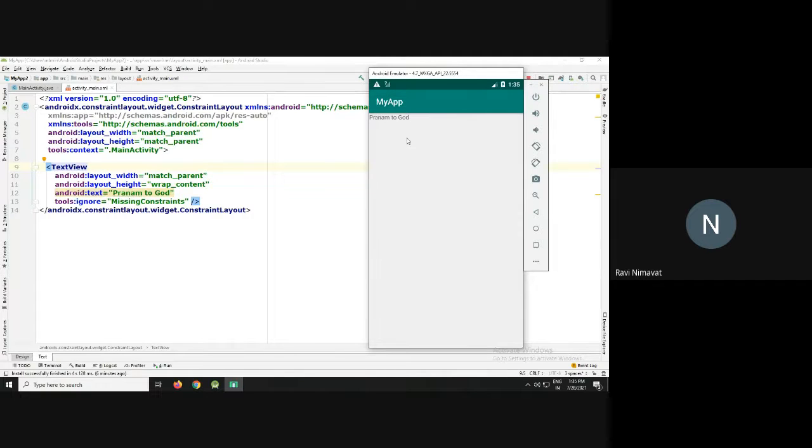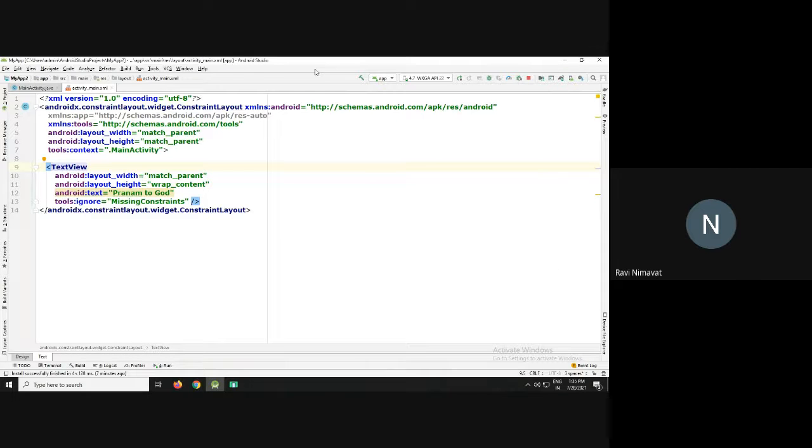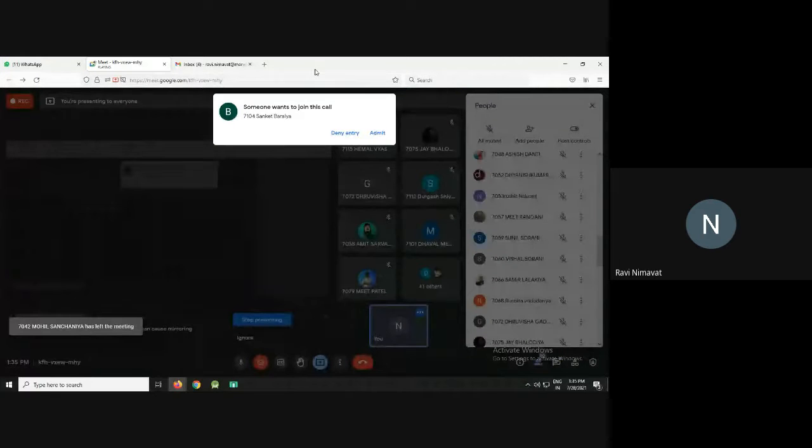Ready? Each layout has its own specific pattern for arranging the UI. So our parent UI is the layouts and the sub UI is our UI.